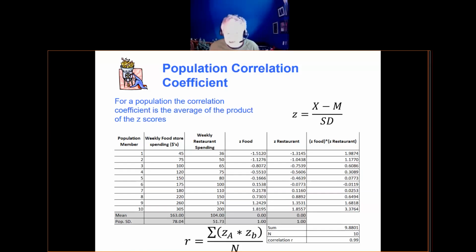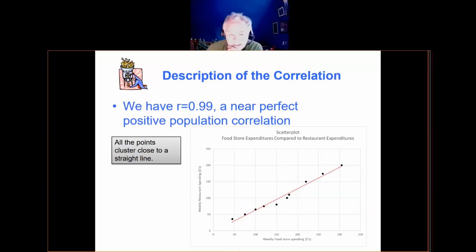A correlation can only be as high as 1.00. If you get a correlation of, say, 1.3, someone is messing with you, because it's impossible. It can't happen. In this case, all the points are on pretty well a straight line, pointing up but not vertical. My correlation coefficient, which is always given the letter R, is equal to 0.99, a near perfect positive correlation.